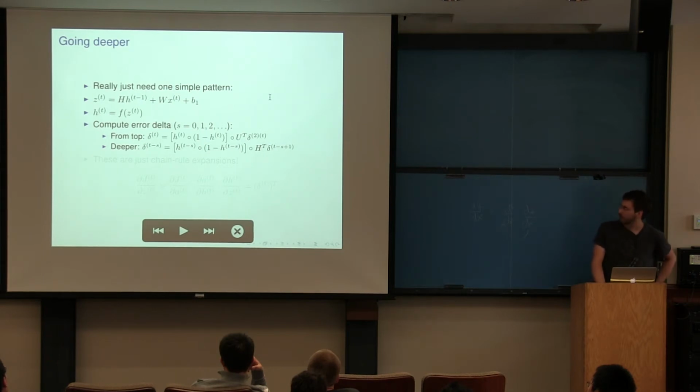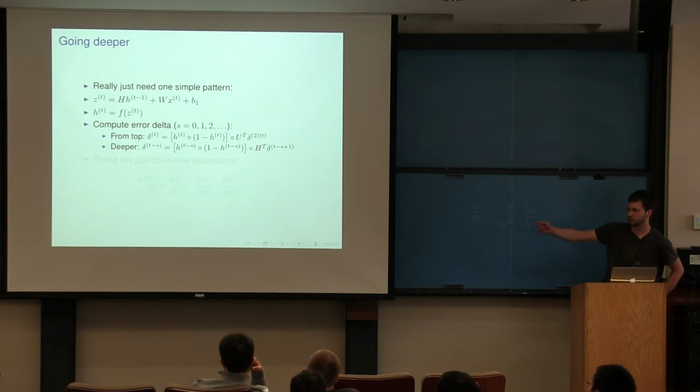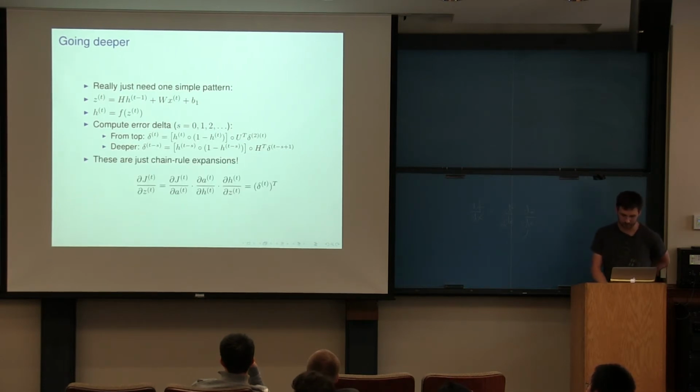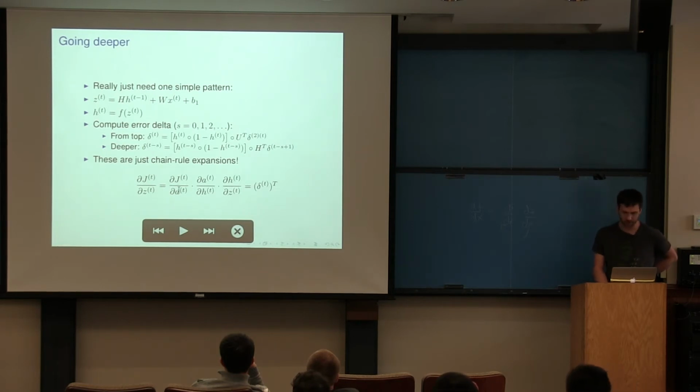The idea is that we want to be able to write deltas. So you've probably seen this expression. You go back, right? Your delta that gets sent to the affine part of the output layer, we're going to run it backwards through the matrix, and then we're going to run it backwards through the nonlinearity. And really, this is just a chain rule expansion where we go to the affine layer, and then through that matrix, and then through the